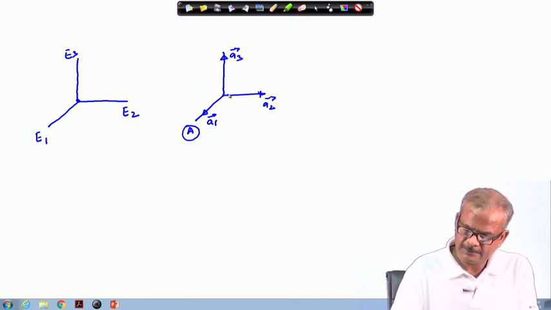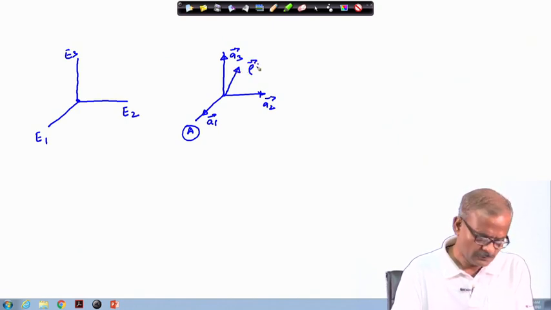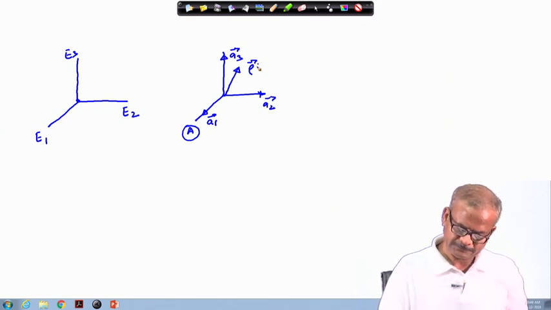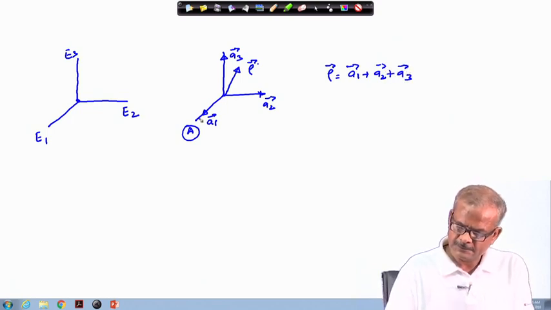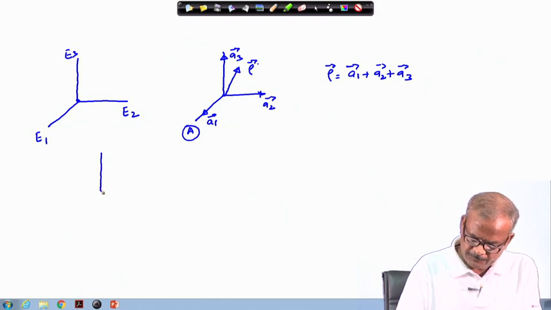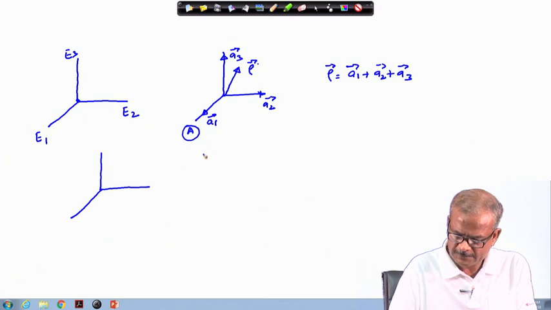and we will compose one vector here, say any vector rho which is written in terms of A 1, A 2 and A 3. So, rho is A 1 plus A 2 plus A 3. So, these are the vectors along this direction and the combination of these 3 gives rise to the vector rho. So, better we can represent it like this.